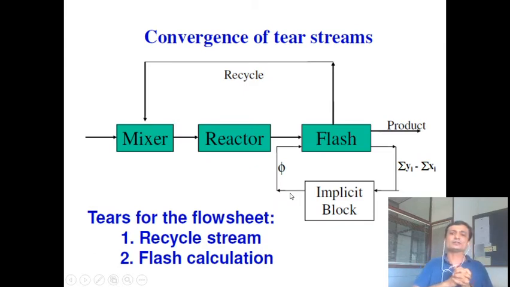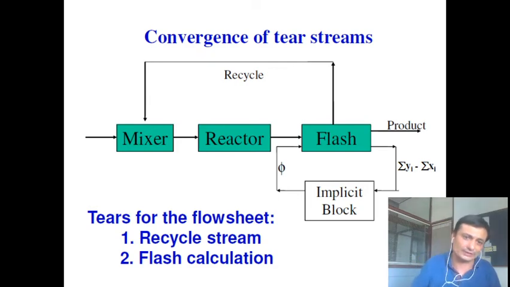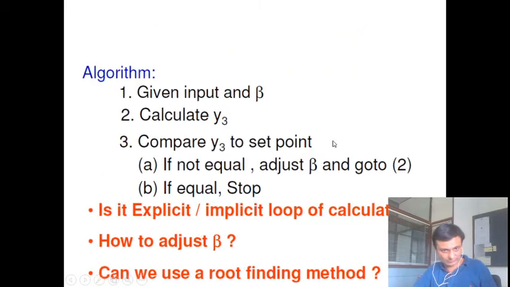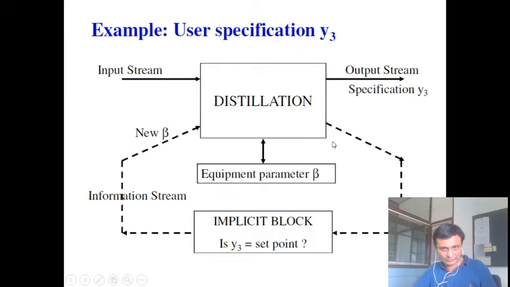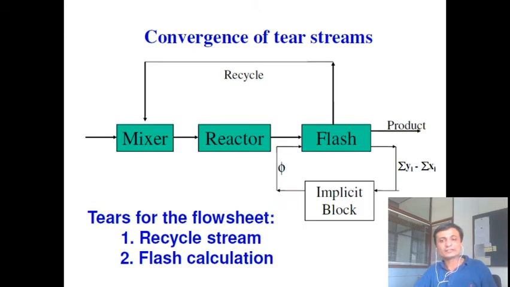Now let us try to see that if there is a TS stream which we need to converge, how do we solve that? So let's say there is an algorithm, there is a flow sheet which solves mixture, reactor and flash, and this flash requires an internal routine to be iterated, or it may be a distillation column with this kind of block. So it can be this as well, anything which requires an iteration for that particular unit. So recycle is for the entire flow sheet, whereas this is only for this particular block. So how do I solve this?